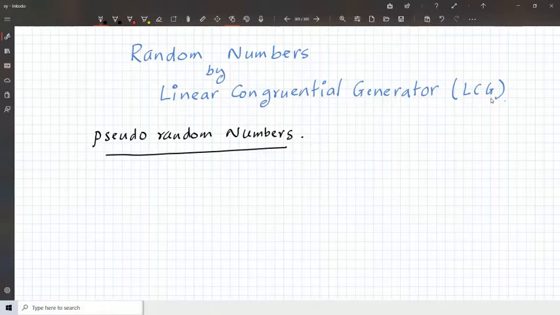Those are real, pure random numbers, but it is difficult to collect them and make use of them. So in a computer, we write some algorithm, and through this algorithm, we create basically some uniform random numbers. That means random numbers coming from a uniform distribution, and then we convert the uniform distribution into some other preferred distribution like Gaussian distribution, exponential distribution, and so on. One of the most famous and classical pseudo-random number generators is the linear congruential generator (LCG).